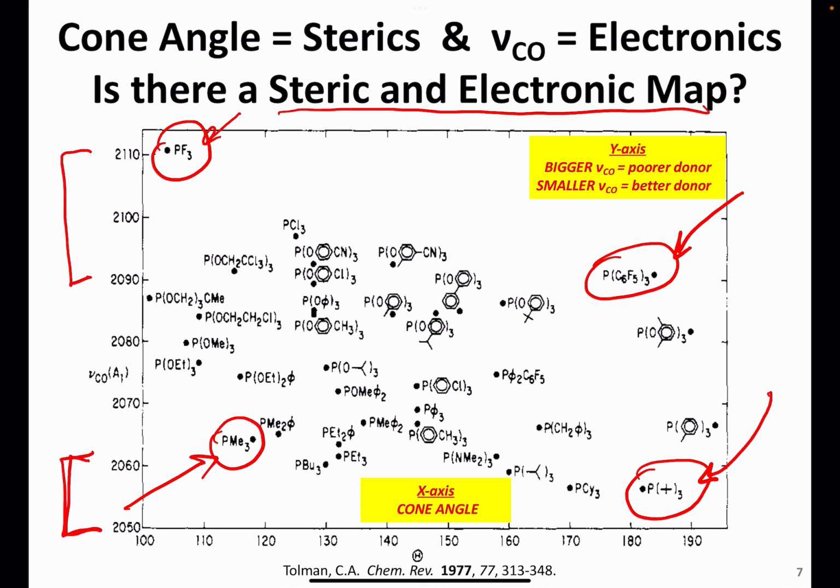The poor donors have higher CO stretching frequencies. And now here is the x-axis for your cone angle. The bigger the phosphine, the bigger the cone angle. And so we can really